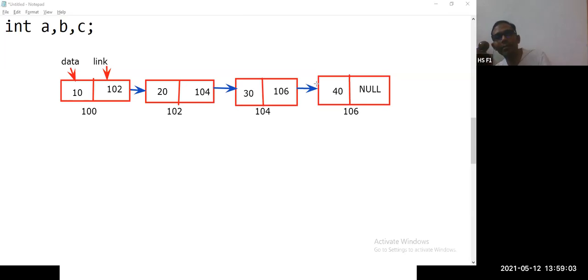Here we can traverse: you print the value 10, take the address of the next node, go to that node, print the value, go to the address of the next node, print the value. If you encounter null, that is the end of the list. So this concept is called a linked list, which you are going to study in your next semester. Is this clear?